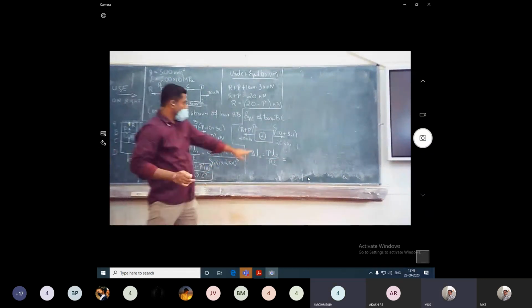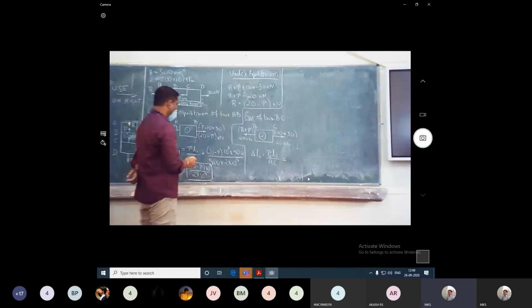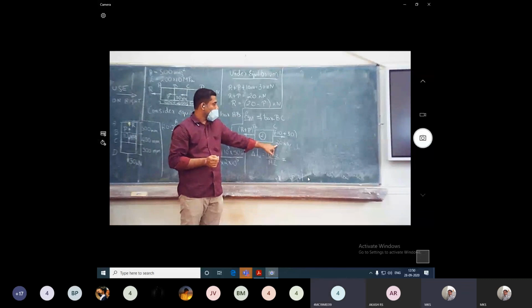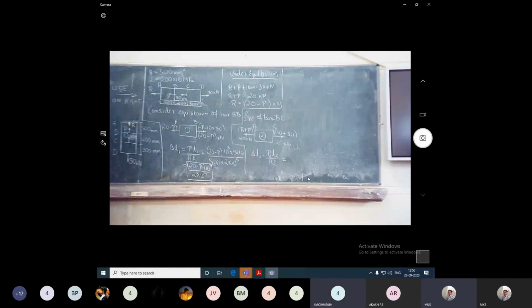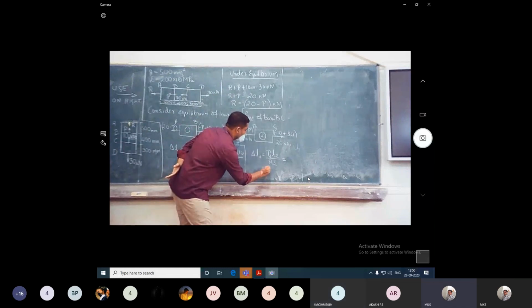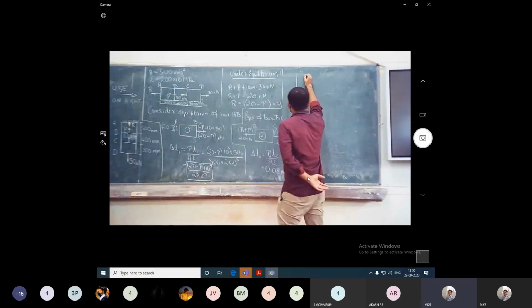P is P2. How much does it come to? Tensile positive, P is positive. 0.08 mm. So it is equal to 0.08 mm. So next, similarly you find